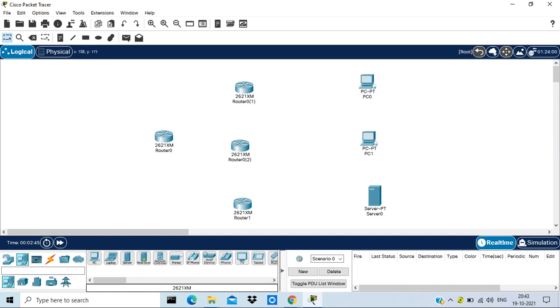Now here are some concepts, if you have not gone through the fundamentals of networking. Do you know which cables are used to connect a router with another router, and which cables are used to connect a router with a switch? For connecting two routers, we'll be using the serial DCE connections.